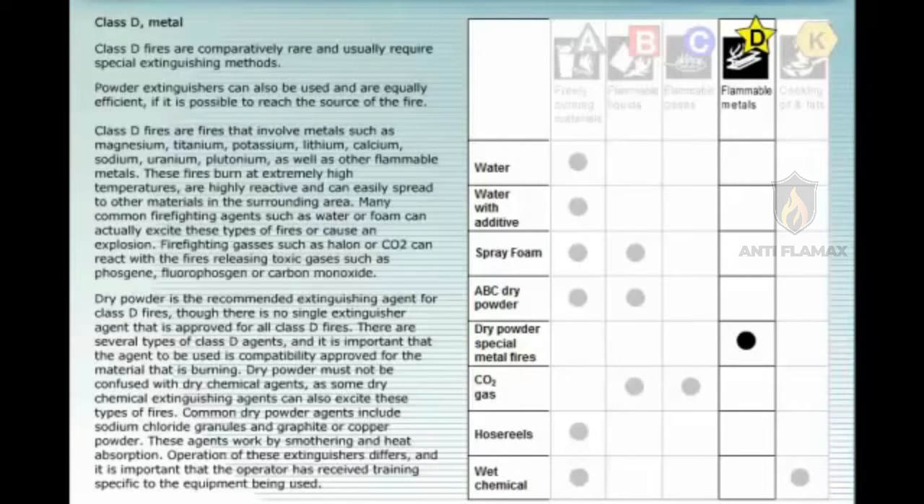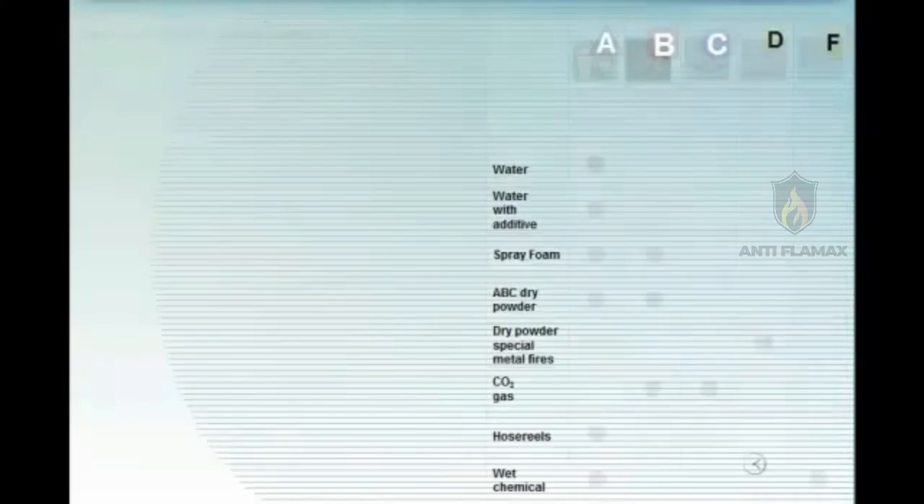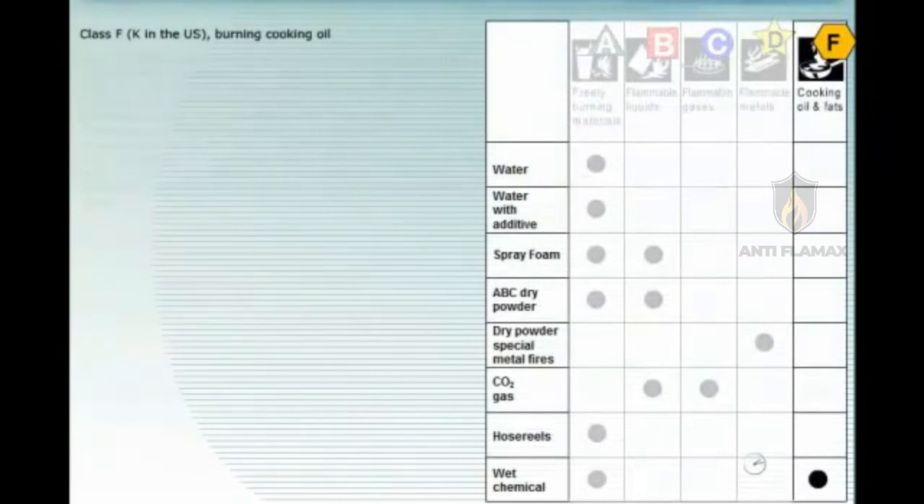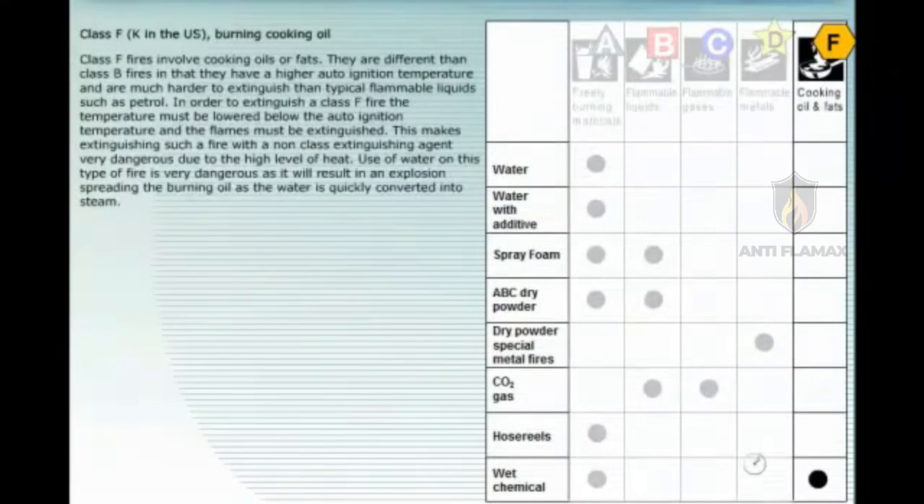Class F fires involve cooking oils or fats. They are different than Class B fires in that they have a higher auto-ignition temperature and are much harder to extinguish than typical flammable liquids such as petrol. In order to extinguish a Class F fire, the temperature must be lowered below the auto-ignition temperature and the flames